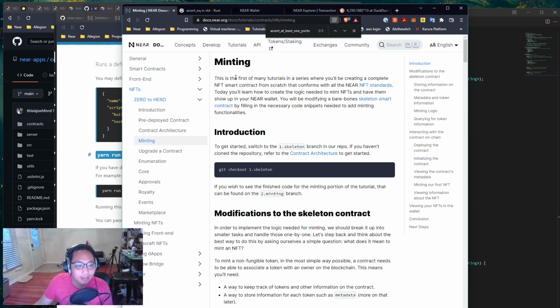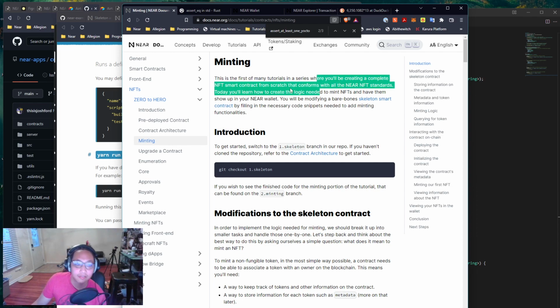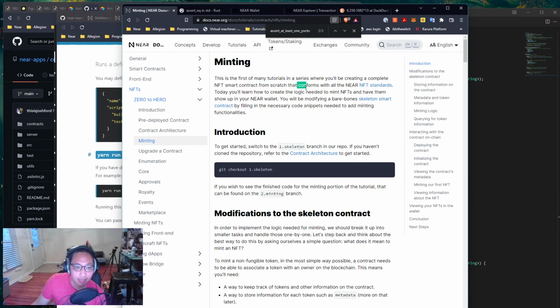Okay. This is the first of many tutorials in a series where you'll be creating a complete NFT smart contract from scratch that conforms with all the NEAR NFT standards. Today, you'll learn how to create the logic needed to mint NFTs and have them show up in your NEAR wallet. You'll be modifying a bare bones skeleton smart contract by filling in the necessary code snippets needed to add minting